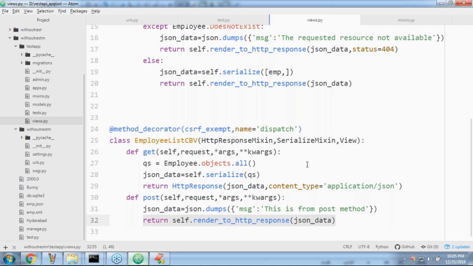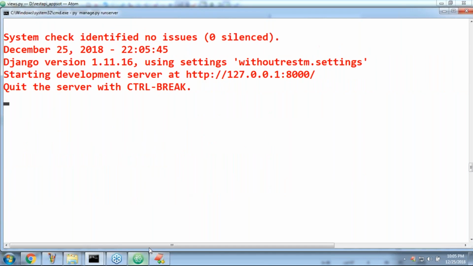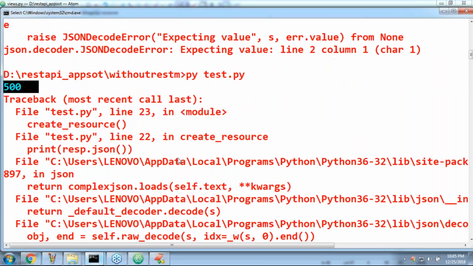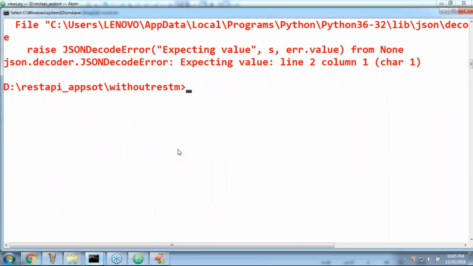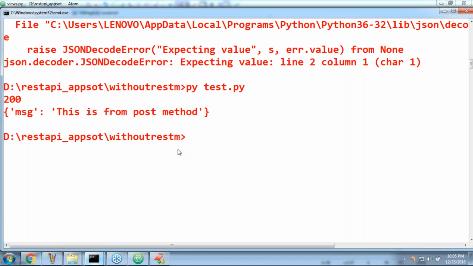Correct. Okay, perfectly, it's going to work. Don't worry, sir. If you are seeing any error, then you should feel very happy, because there is a chance to learn something. Yes, 200. This is from the post method. Wow, we are in a position to communicate with the post method. Once you know this, then the remaining story we can do.